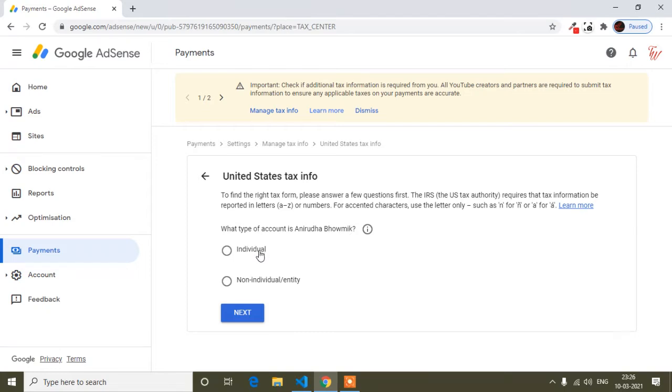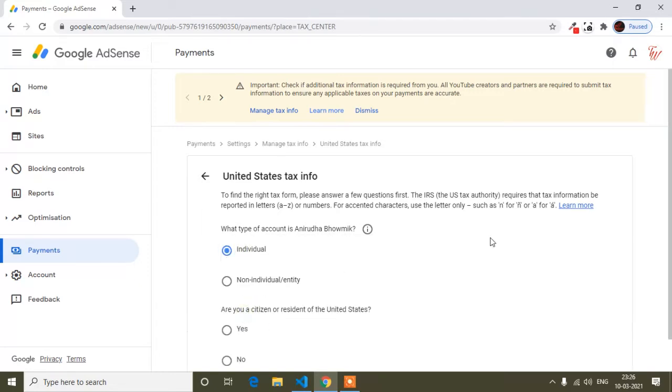But if you are using the YouTube channel for business purposes, I mean you have a partner for your YouTube channel, then you can select non-individual entity. Sometimes you have seen prank channels and comedy channels that work as partners, so in that case you can select non-individual entity. Otherwise, just select individual.